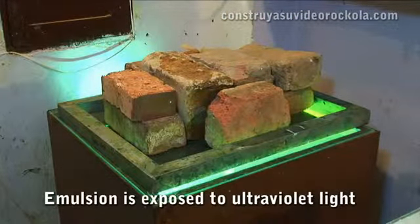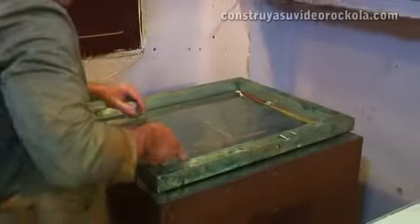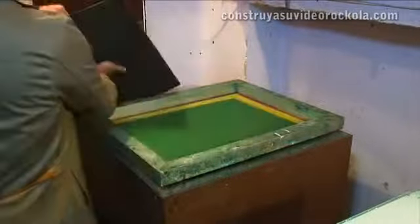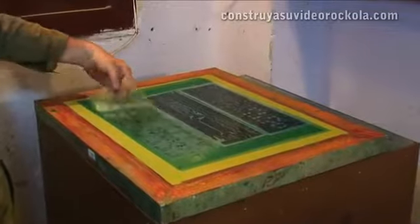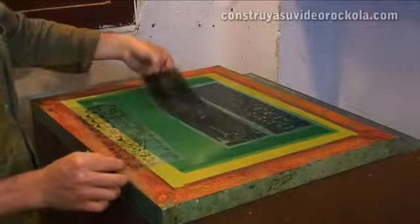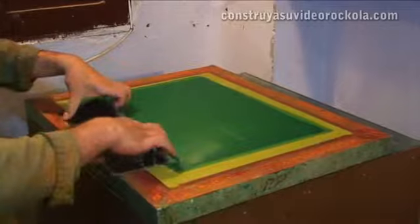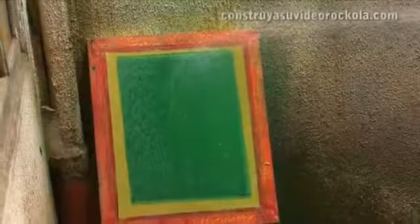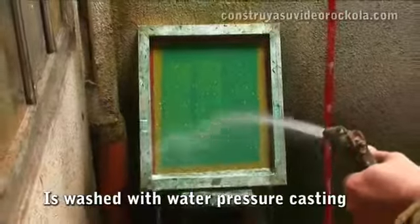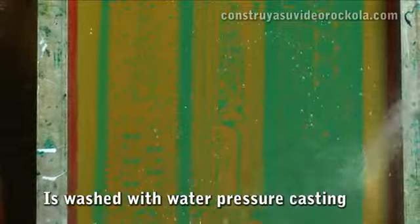Developing of the emulsion. Expose the overhead to ultraviolet light for 13 minutes. Remove the glass and foam, and remove the acetates. Immediately wash the frame on both sides with pressurized water. After a few seconds, it's observed how the silk reveals the drawing of the PCB